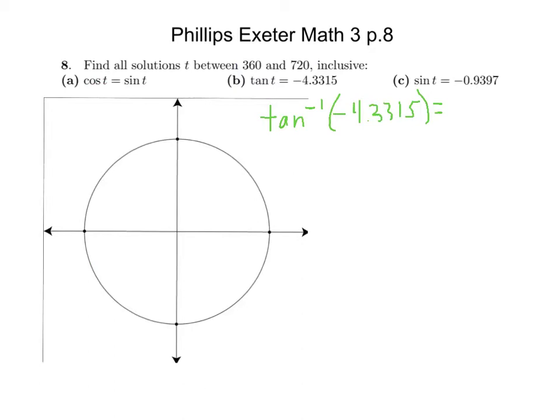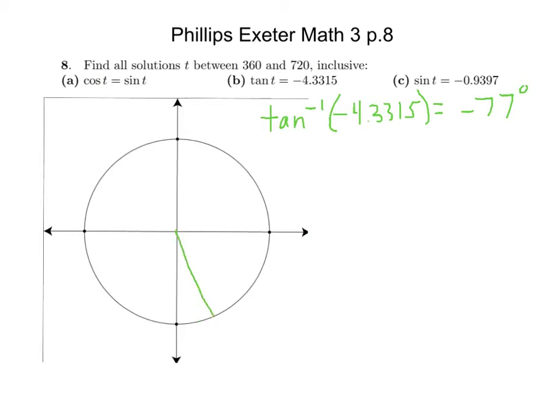Negative 643. Well, what's the angle? Negative what? I'll do it. Negative 77. So that's negative 77 degrees. Okay? So that is an angle that would work. So if I started right here, where I usually start, and go backwards 77 degrees, go clockwise 77 degrees, that would bring me,